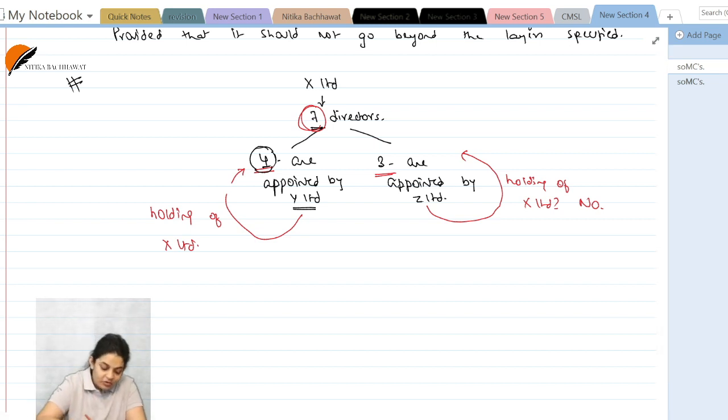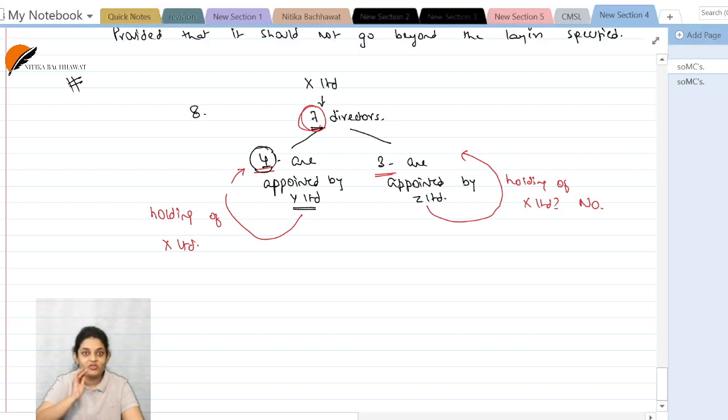Now, many of you would be wondering, what if the number is 8? I have got questions like that actually. Well, if the number is 8, 4 is not the majority, it's half. So, majority would be 5. So, if you have the right to appoint 5 or more directors, then you are controlling the composition of the